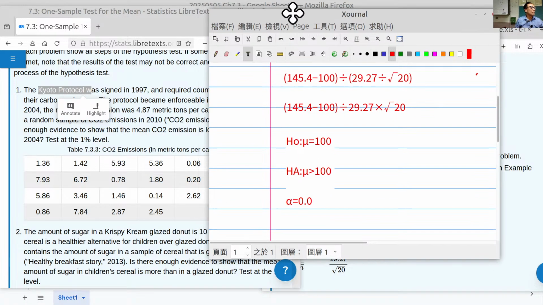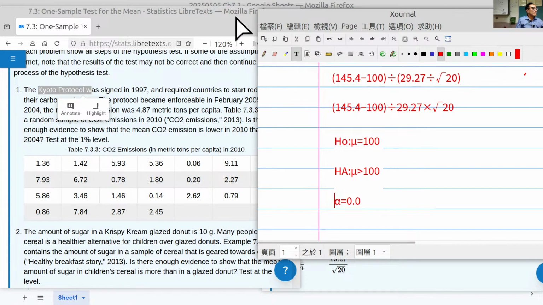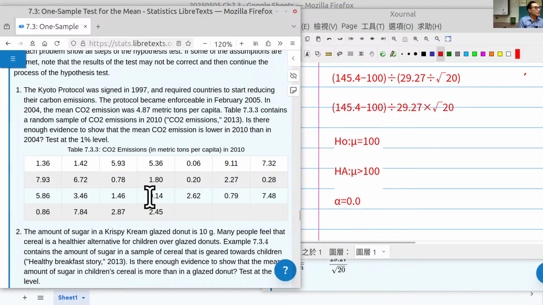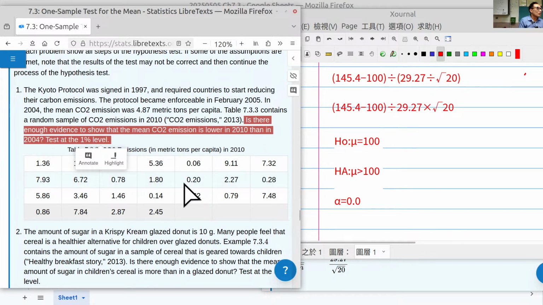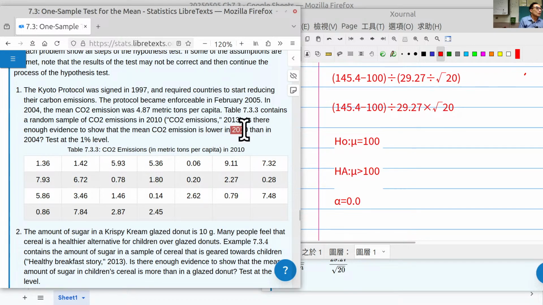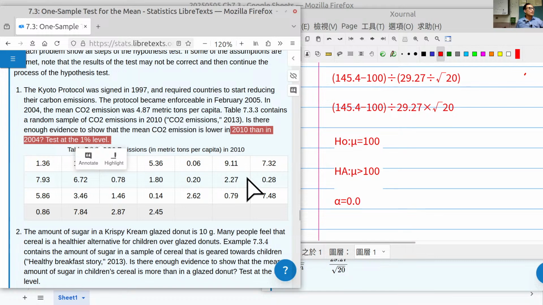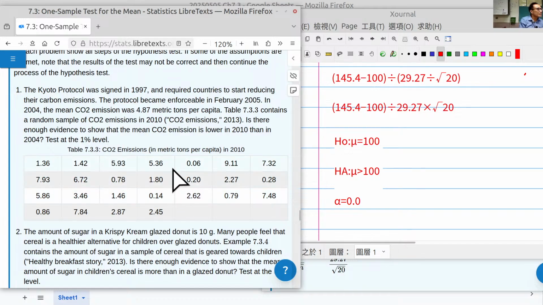Here is the carbon dioxide emission in 2010, and now the question is: is there evidence to show the mean carbon dioxide emission in 2010 is lower than in 2004 at the 0.01 level? And now the answer is